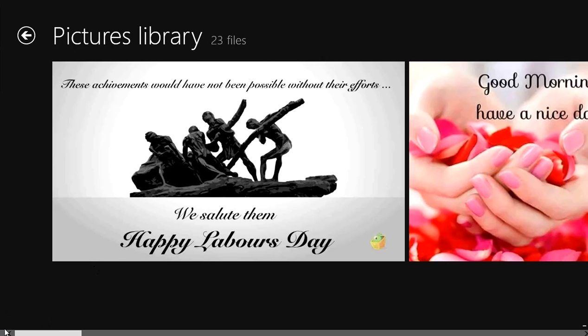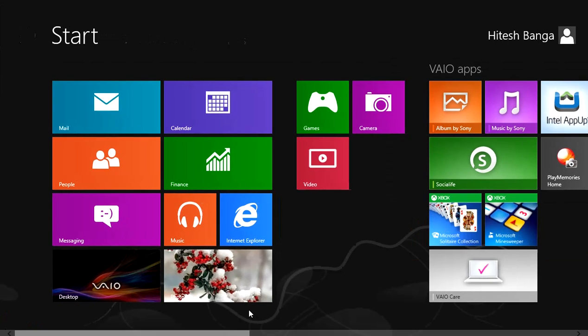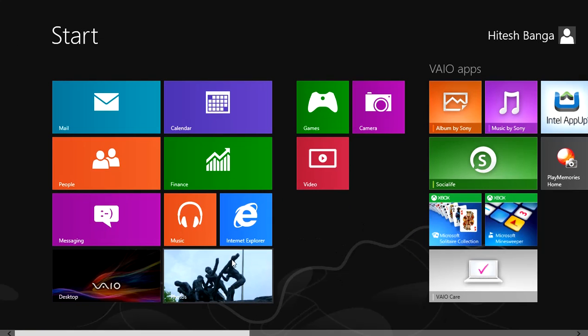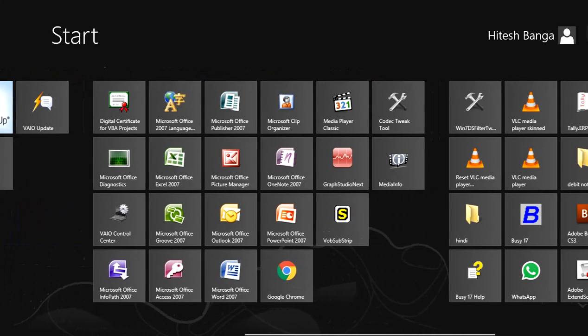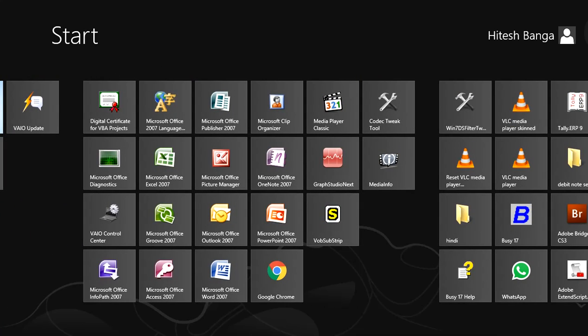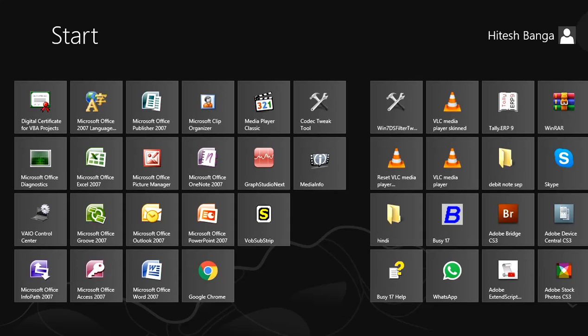Now the one more topic we will cover here, how to explore pictures in our laptop. For this click at start button. Now we have to open our libraries and then pictures or sample pictures.